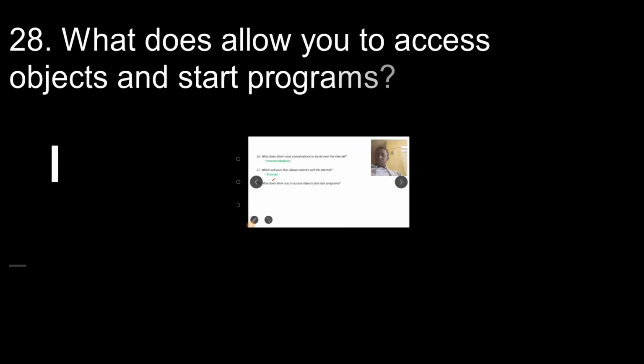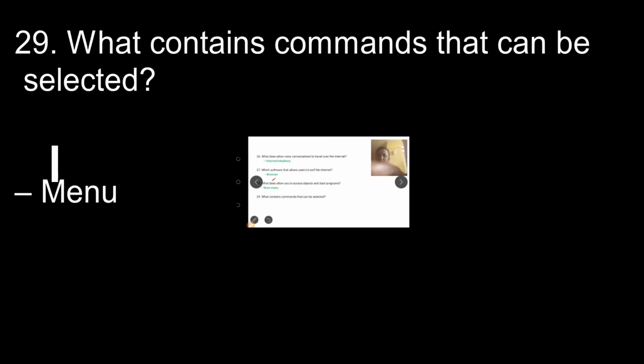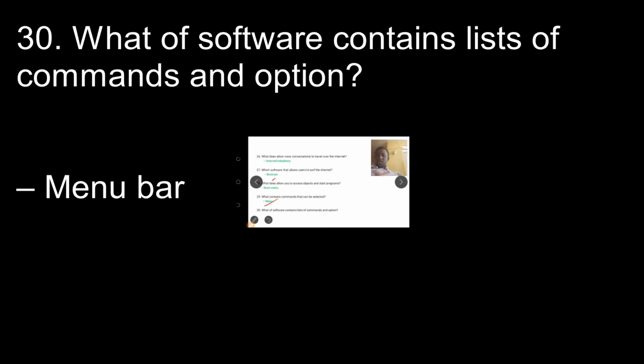Next, what does allow you to access objects and start programs? Start menu. What contains commands that can be selected? Command that can be selected. This is menu. What of software contains list of commands and options? List of commands and options የምናደርግበት ምንድነው? Start menu bar. Sorry, menu bar እንለዋለን ማለት ነው።